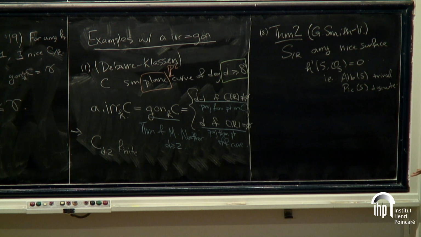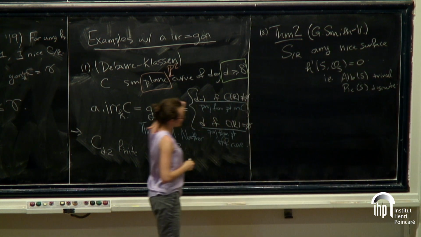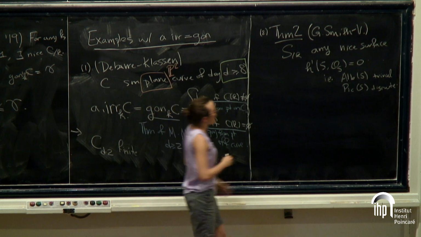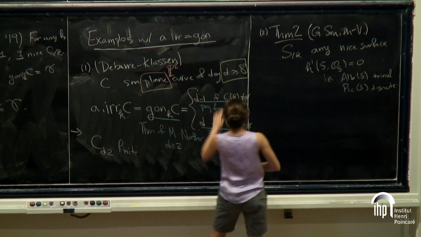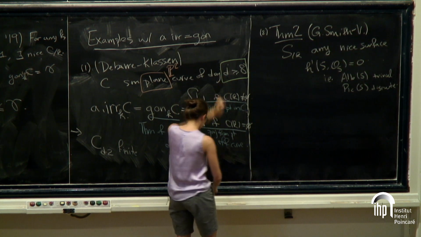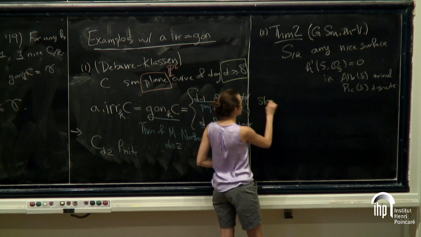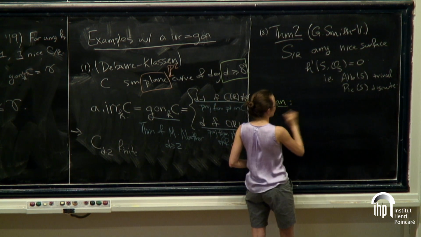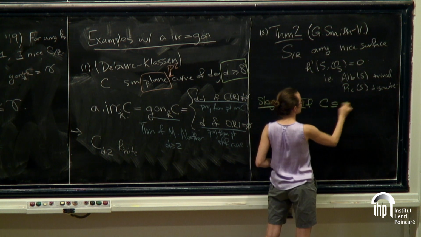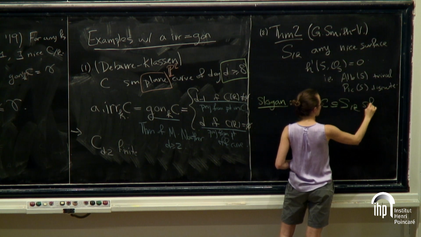So examples of surfaces like this include K3 surfaces, hypersurfaces in P3, rational surfaces, a large class of surfaces like this, P2 in particular. So in this case, let me first write the slogan, which is what this d at least 8 condition is saying. So the slogan, is this visible? Yeah. OK, the slogan is that if I have a curve on my surface that's sufficiently positive,